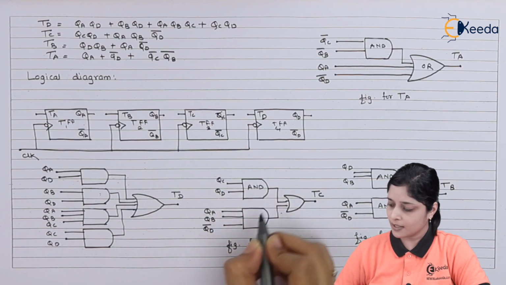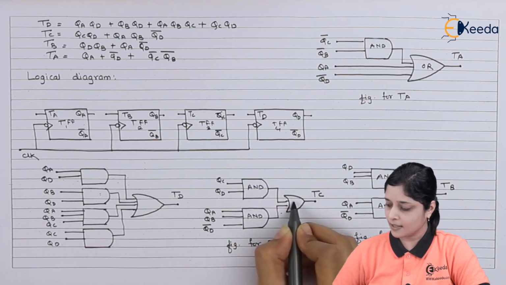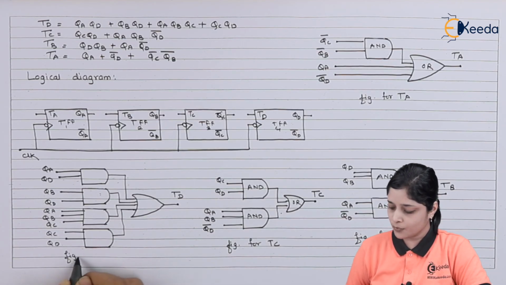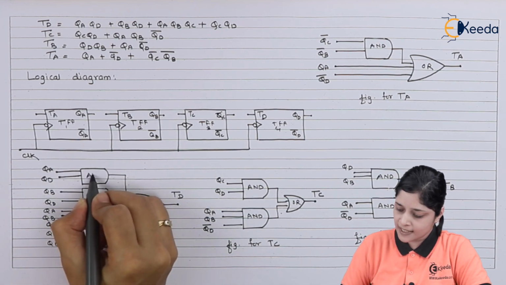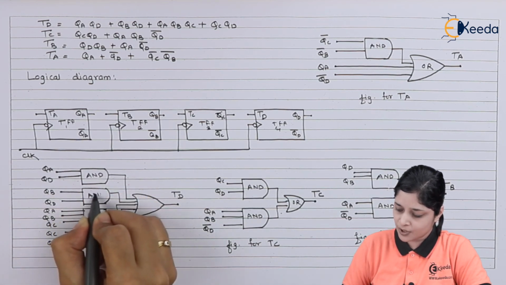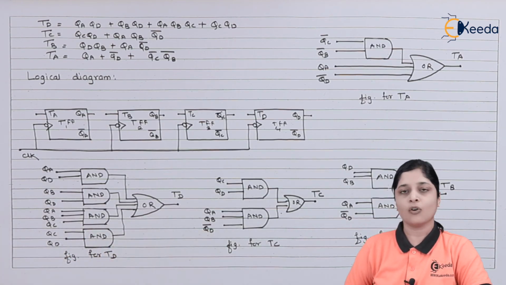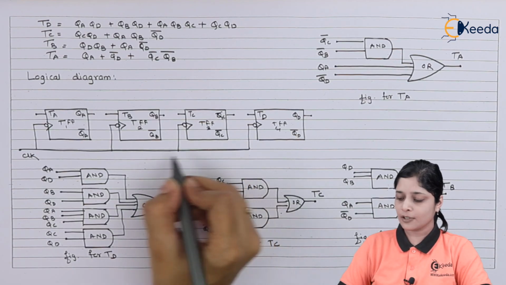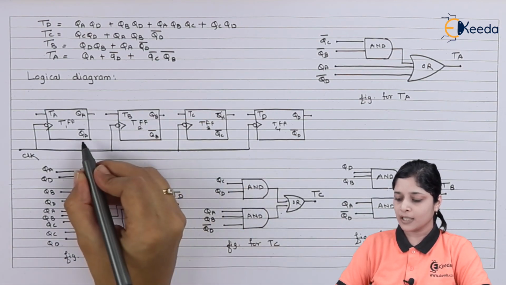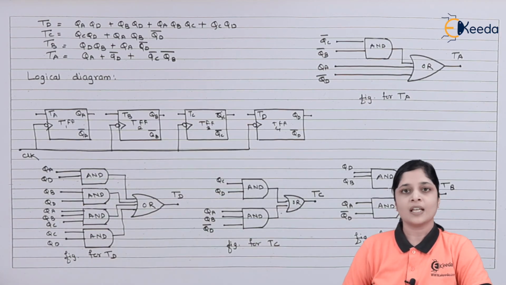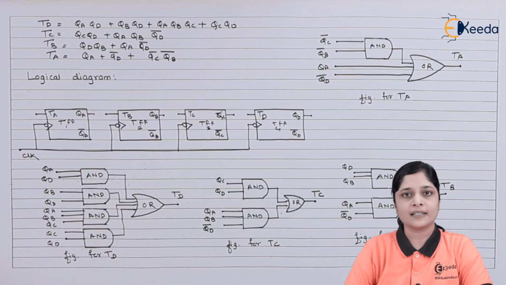This is again your logical AND gate, and this becomes your logical OR gate, and this gives you the figure for TD. All these are the AND gates you can mention here, and this becomes your logical OR gate. And this is the synchronous clock for TA, TB, TC and TD. In this way you can design the decade synchronous counter using T